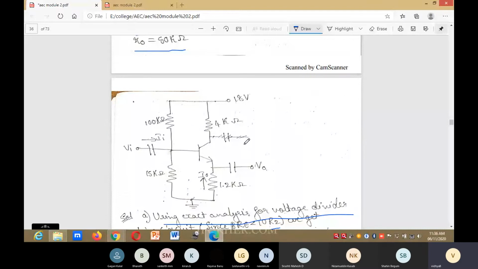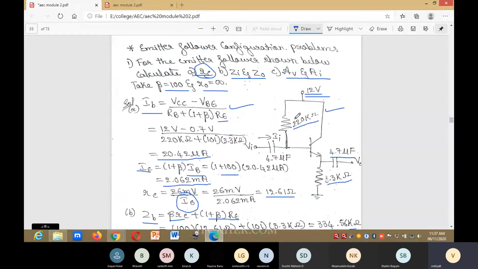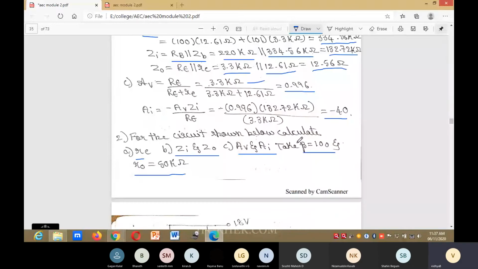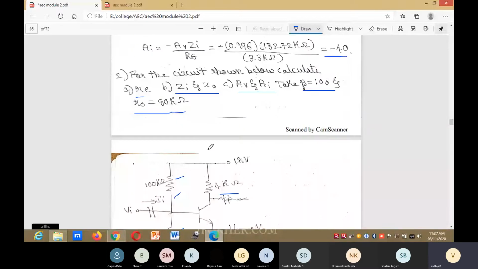This is the circuit. First you need to observe the circuit, because this is the voltage divider bias circuit. How will you identify voltage divider bias? If you see R1 and R2, then the circuit is voltage divider bias. You can observe the other circuit also. They have given RB directly. This is an emitter follower configuration. They have not given RC here. Here you can observe RC value, RE and also R1, R2. Then this is the voltage divider bias circuit.